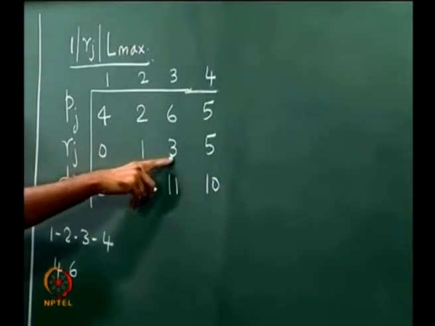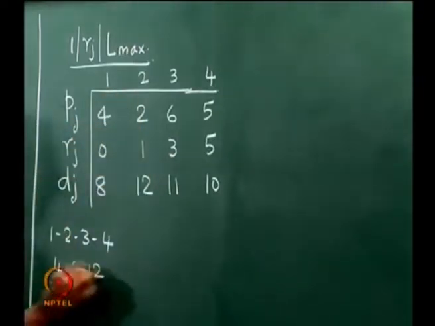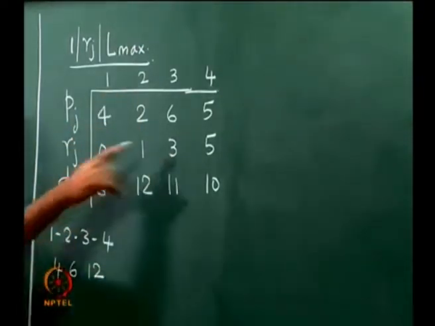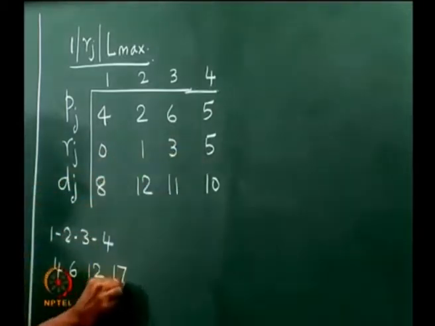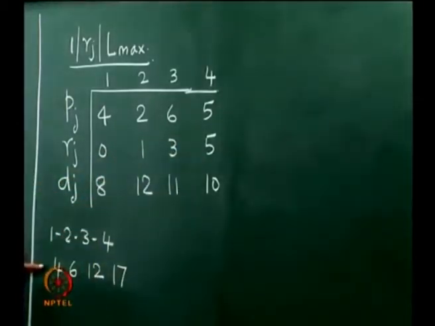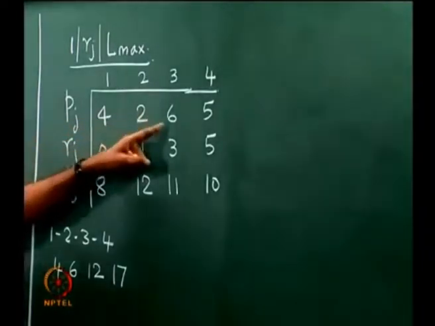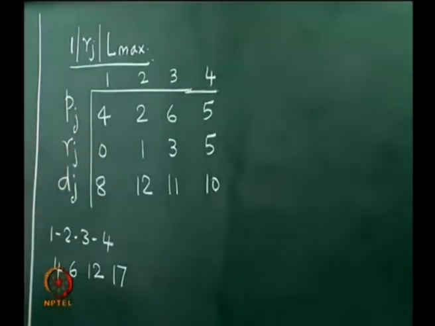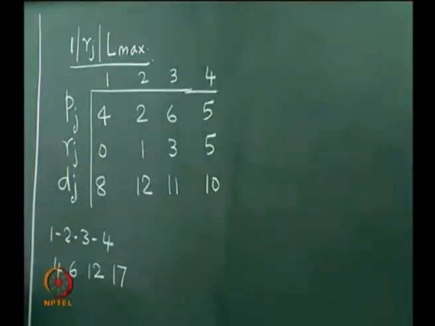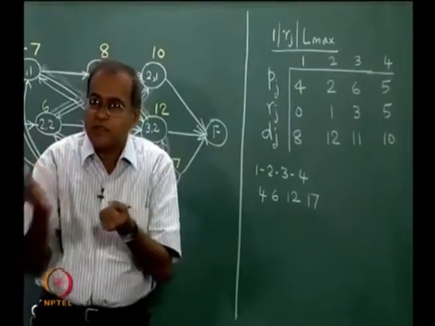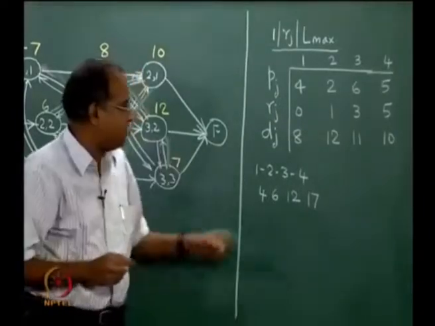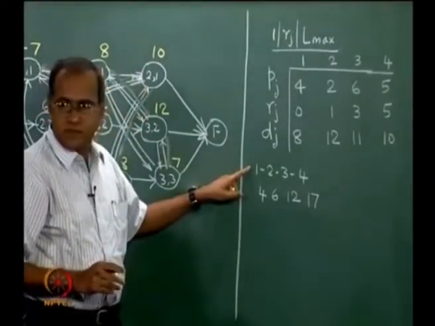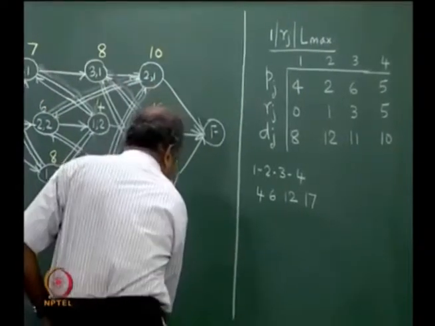job 3 is available once again at 3, so 6 plus 6 is 12, and job 4 is available from 5, so 12 plus 5 is 17. These are the completion times: 4, plus 2 is 6, plus 6 is 12, plus 5 is 17. We have not encountered a situation where the machine has to wait for the job arrival, that has not happened in this particular sequence. But if we consider a sequence,